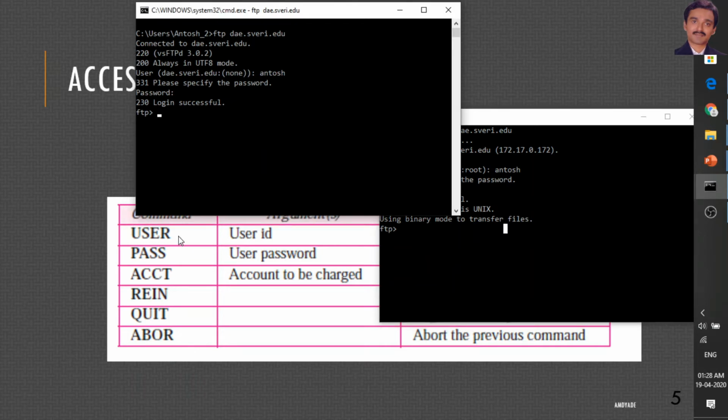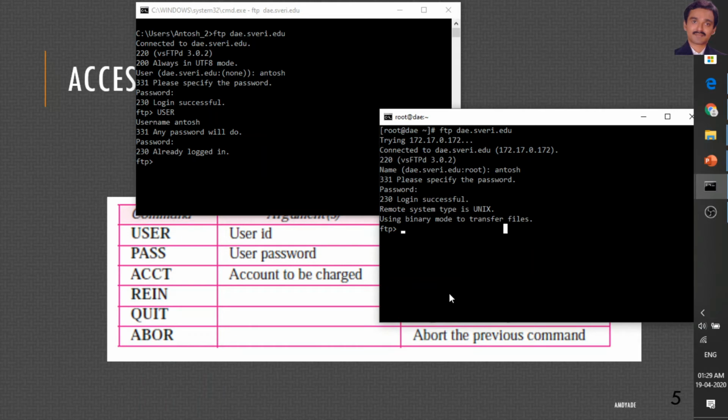Here few commands work in few operating systems. If you are working in Windows as well as in Linux, you can use the user command to change the user. Like here I can use capital. In Windows I can use capital as well as small. Like user, I can change the user, I can enter the username. Here I cannot use capital. If I use capital, it will say invalid command. So here I need to use small in Linux operating system.